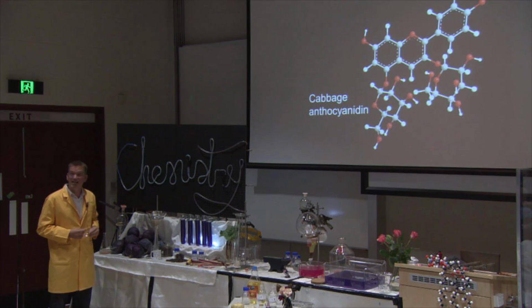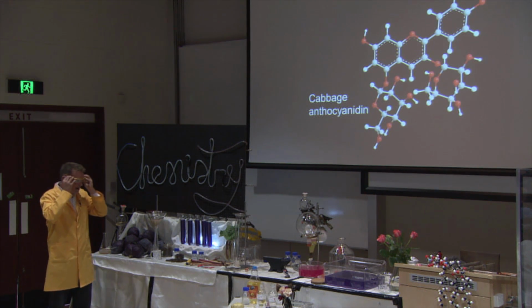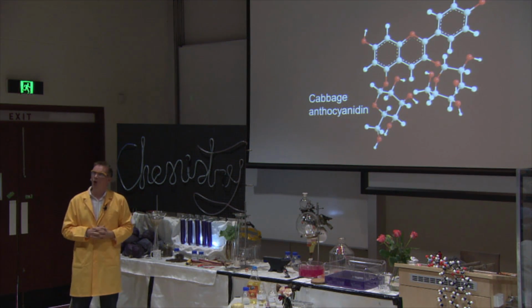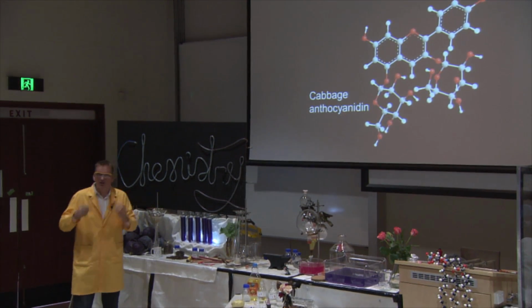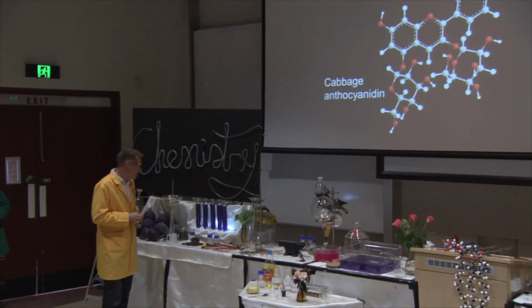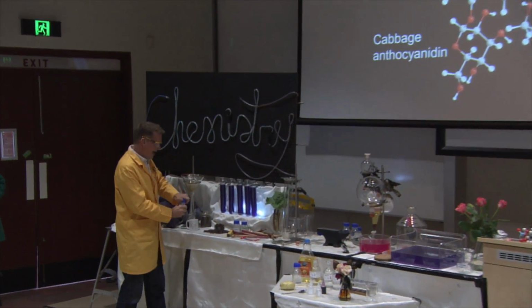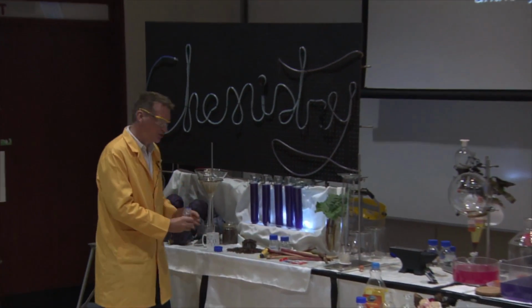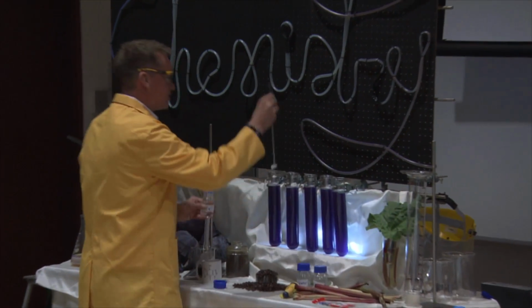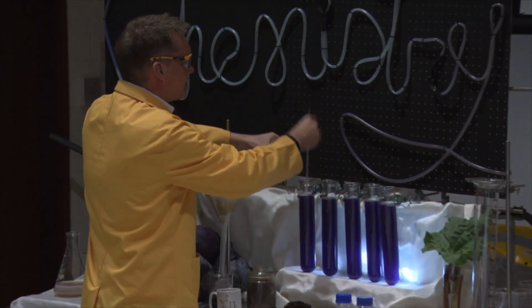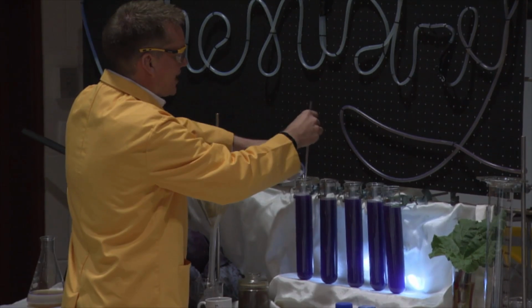Now, these have some really interesting properties, and this is when we alter the acidity of the water. So we can do this with some acid. So you know that vinegar is very sharp, or lemon juice is very sharp. Well, we're going to do this. I'm going to add some acid to our cabbage water. So all we have here is just some water that we blended with a cabbage. Just going to add a little bit of acid,